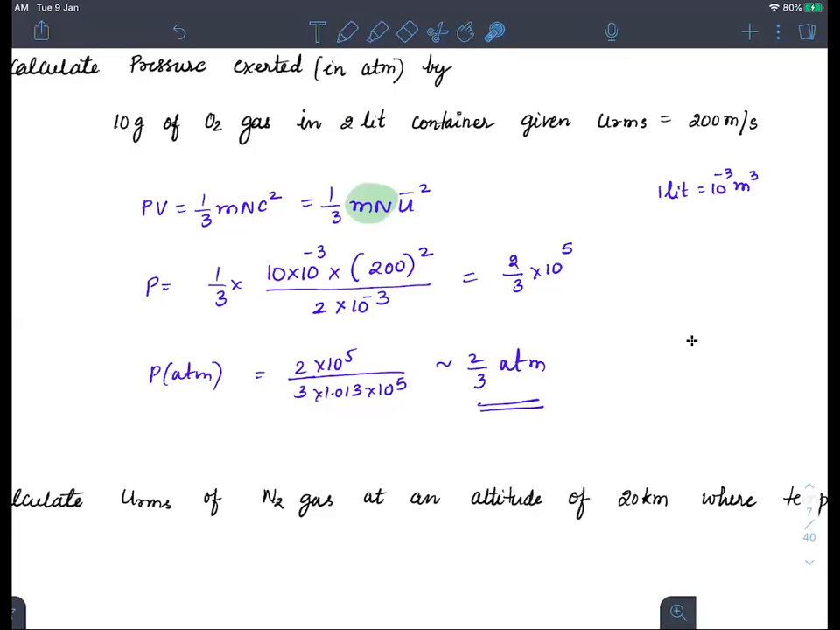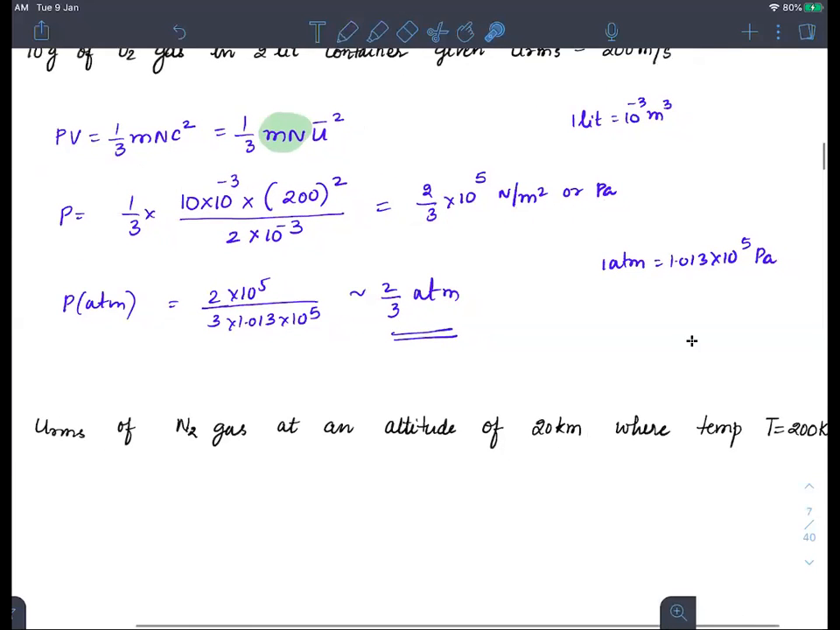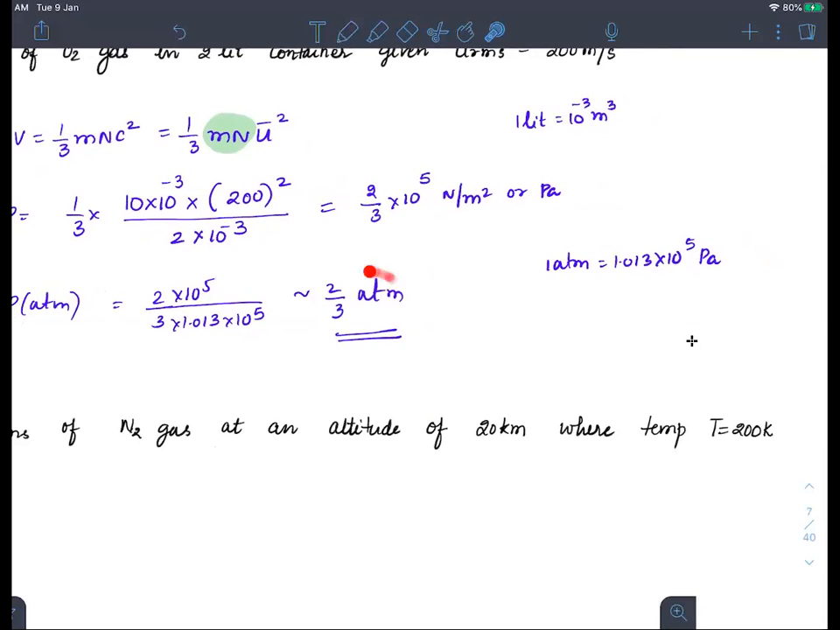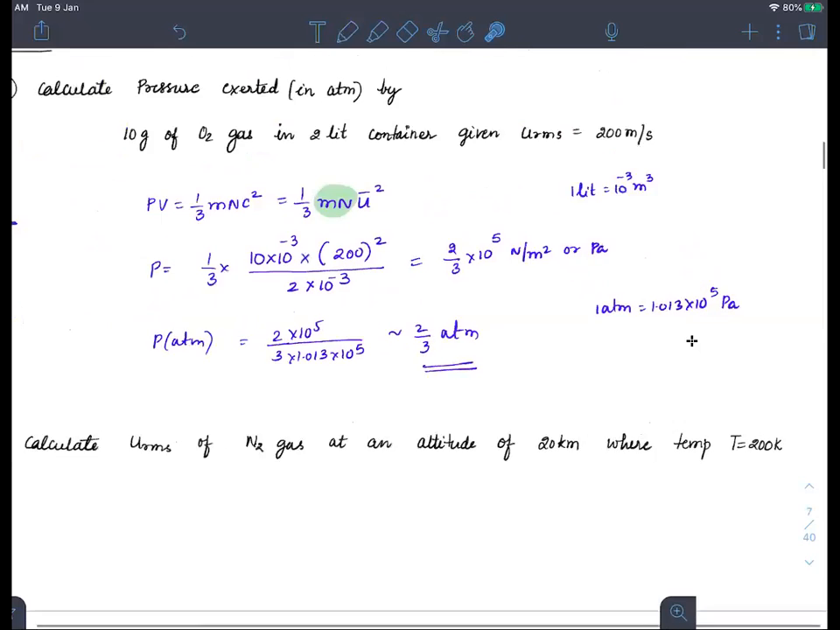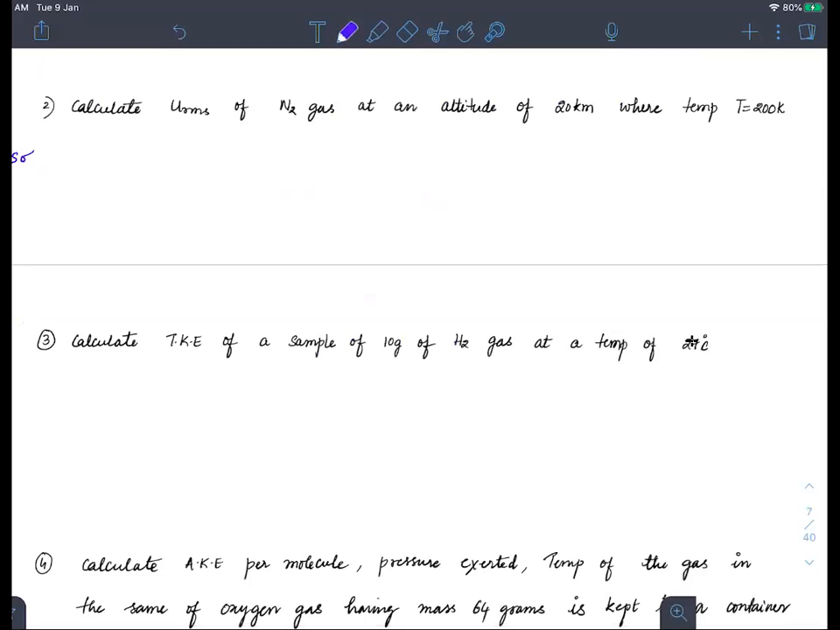Now all of what we got is in Newton per meter square or pascals. This is in SI system. And we know that 1 atm is equal to 1.013 into 10 raised to power of 5 pascals. So I have to divide this entire thing by 1.013 into 10 raised to power of 5 so that it converts into atm. Is that clear, beta? Yes, sir. Thank you, sir. Check out the next question. First, I'm doing simple ones so that you can understand the